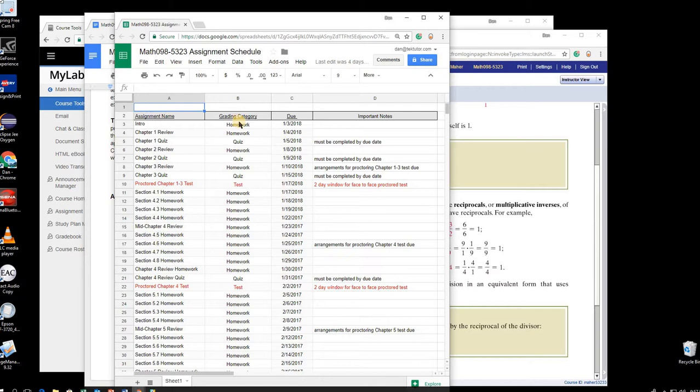Here's all the assignments. Here's the grading category. So I talked about homework and then quizzes and tests. Those are only there to show you that these tests are worth 60%, quizzes are worth 30%, and homework is worth 10% of your quarter grade. We're going to